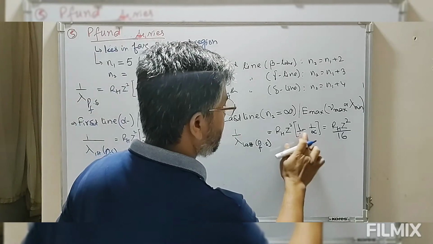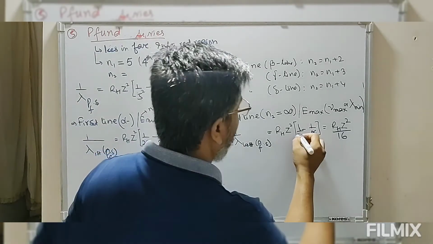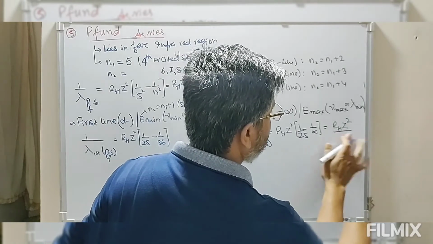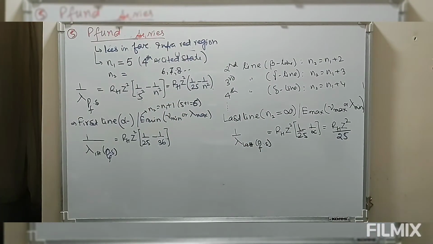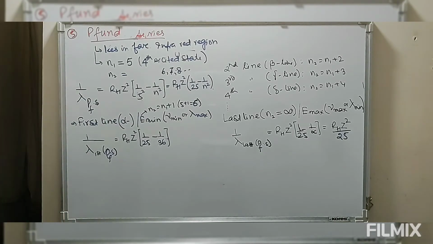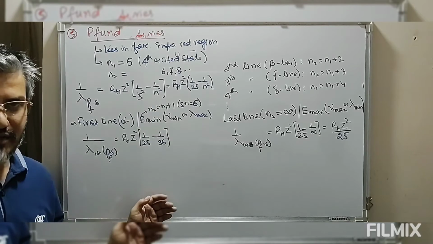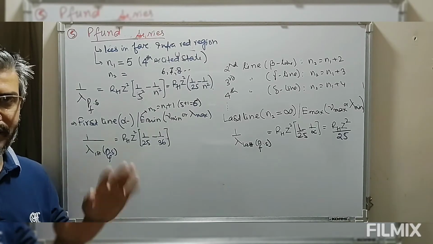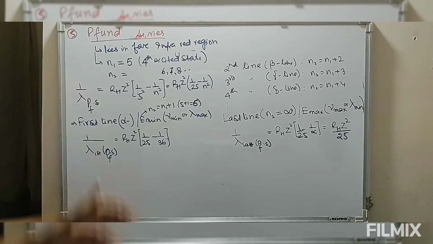we have this 1 by 25. So we say this is 25. So now look at it, these are the various series that we have observed for hydrogen spectrum. Apart from this, we also have another series that is not in the syllabus, so we are going to skip that part. So we have this basically 5 series.